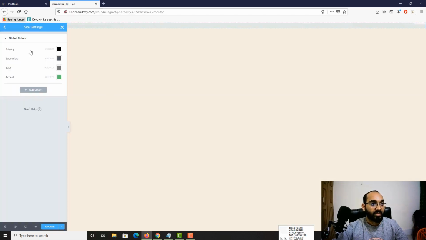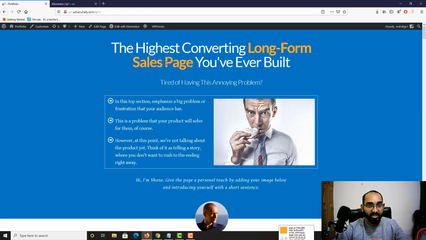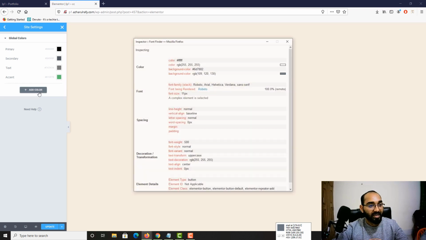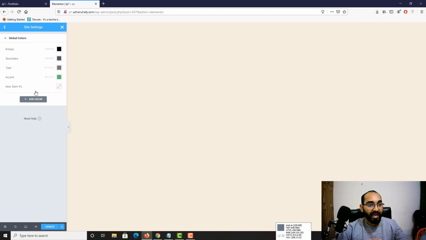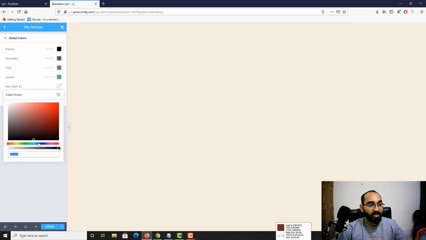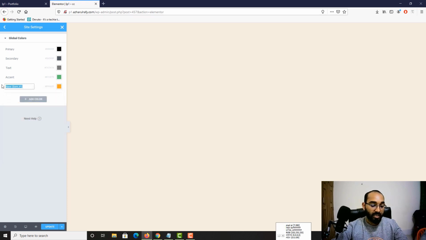All right, so now I'm going to change the colors at the very beginning. So let's go for this color. I have just hovered the cursor here over the color, and as you can see here, I have got the orange color already here. Just take a look when I am taking this cursor onto the orange color here. And now if I hit Ctrl Alt C on my keyboard, I have already copied the code. So now let's click on add color. Sorry, not this one. So let's click on add color, and then here simply Ctrl V, and just take a look. I have got the color code added here. So now let's say orange,